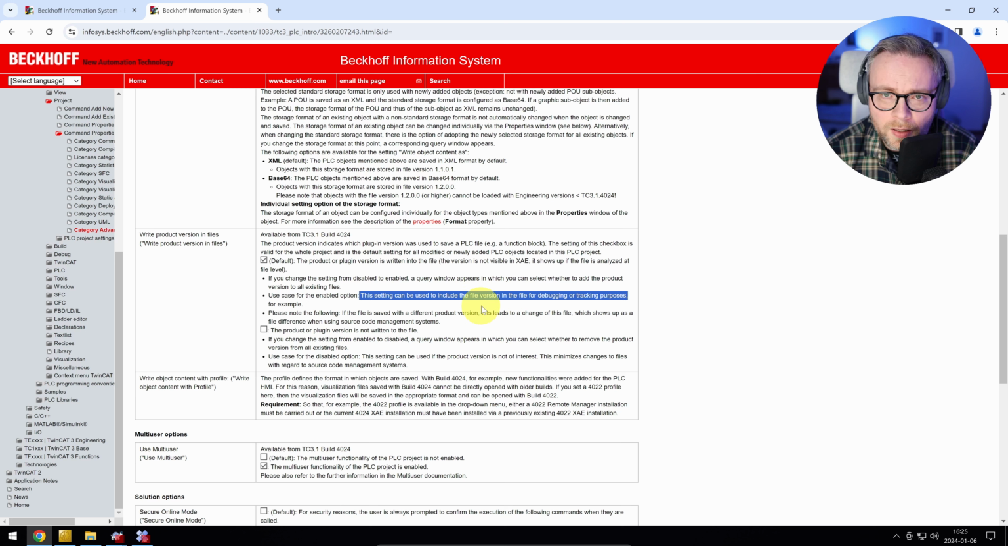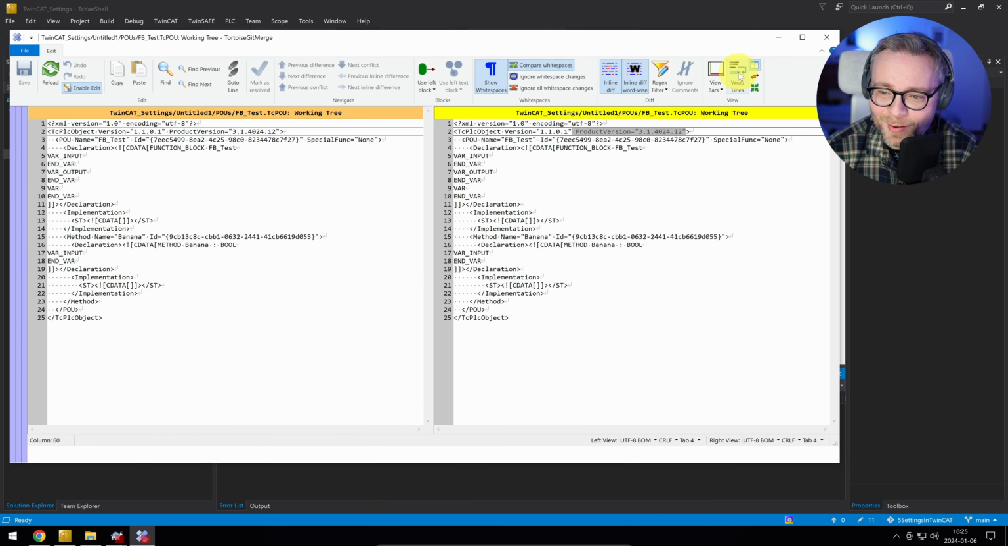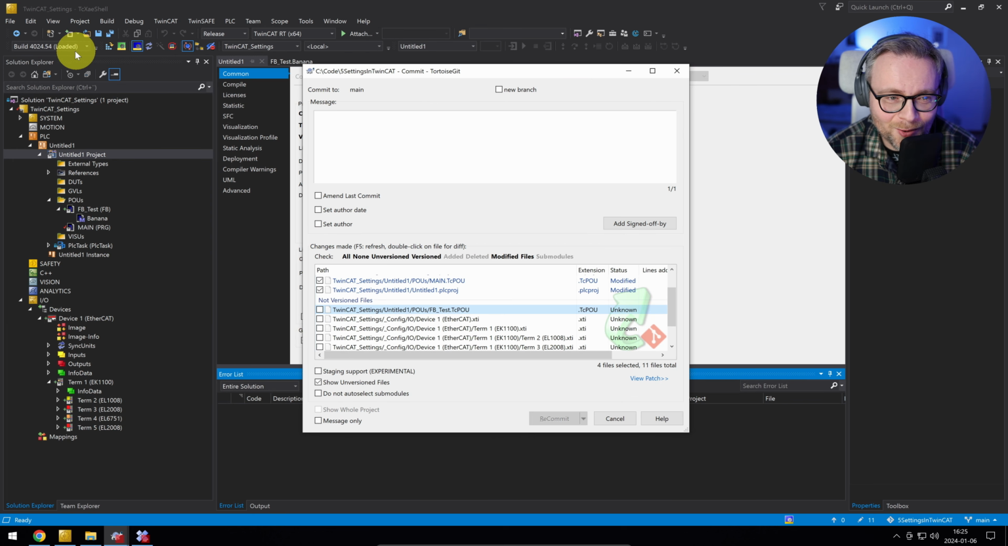So not super clear exactly why. Tracking purposes, I assume, is just for tracking which version you're using. But then I think this is completely useless, because if this is the reason, then it doesn't even work. Because here it says product version 3.1.4024.12. I don't even have that version on my computer. I only have 4024.54. So what is this? It doesn't even use the right number. What does this mean? So I think this is just completely useless,